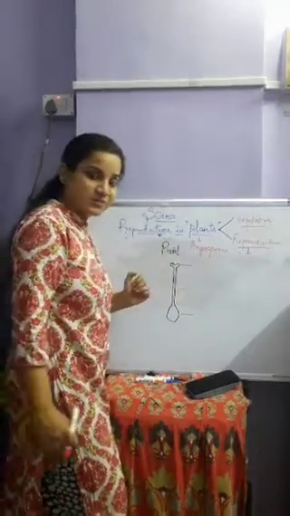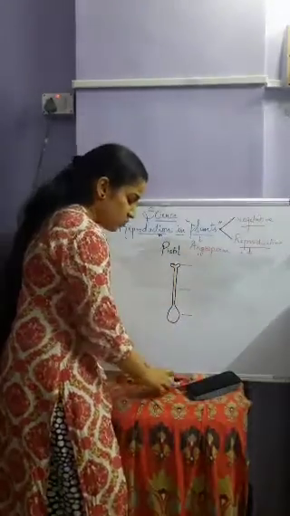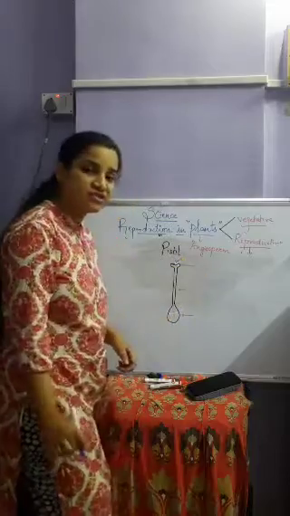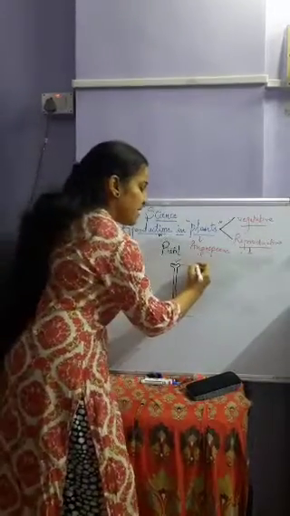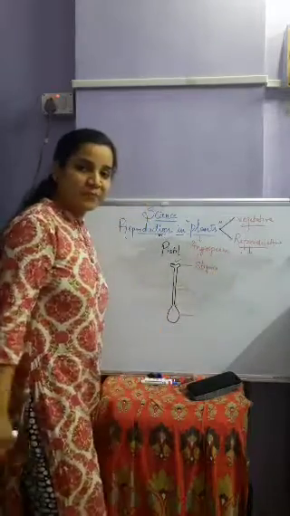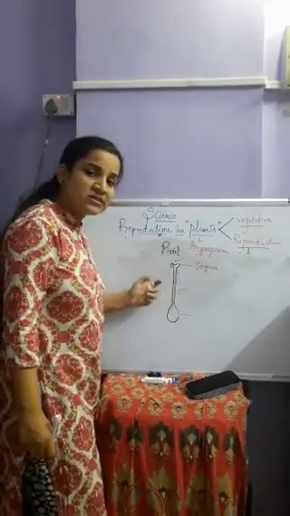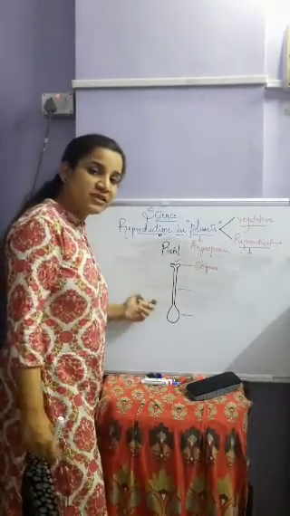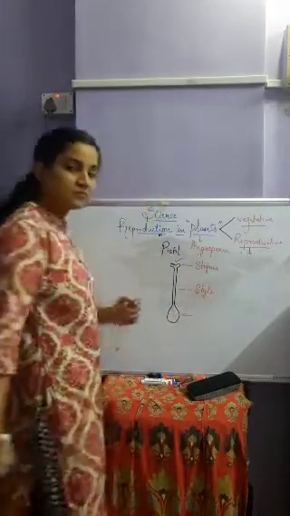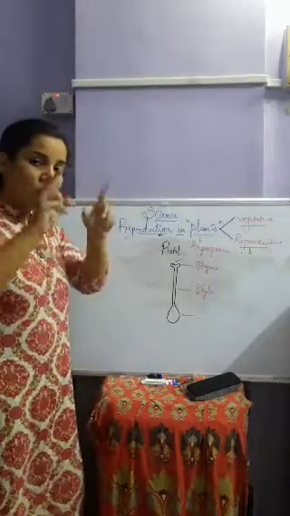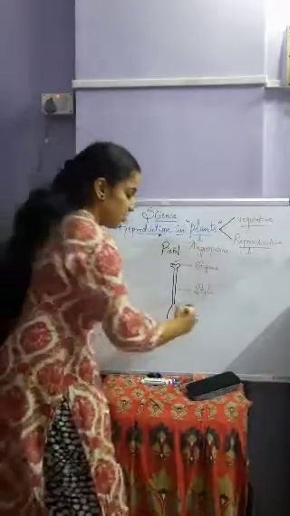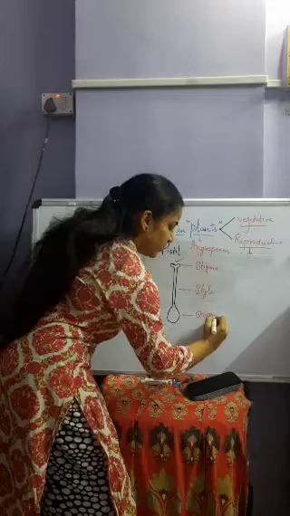The first part, in this part, what is going to happen? This is the part where the actual process of fertilization is going to take place. This part is said to be the stigma. Then here, the long cylindrical part is said to be the style. And the last oval shaped, pear shaped part at the end, very tiny, is said to be the ovary.